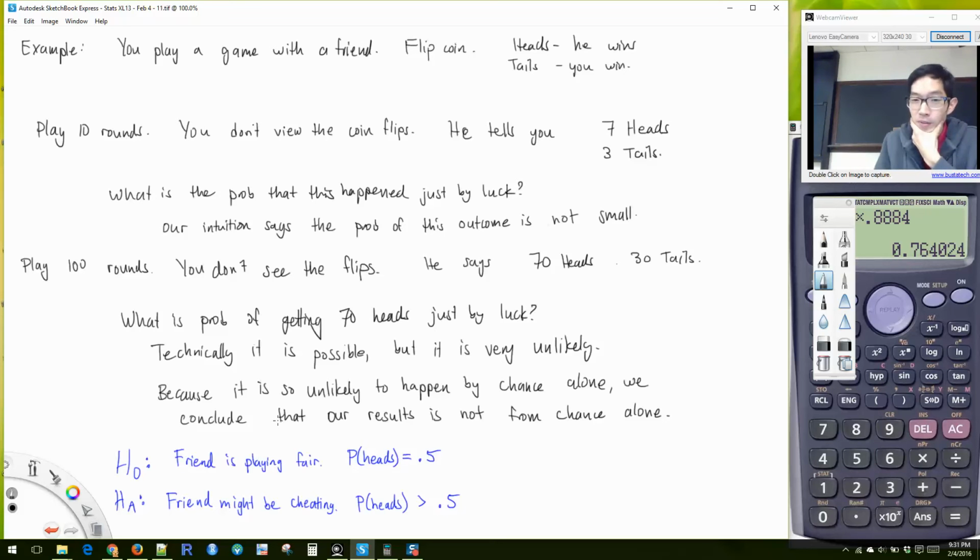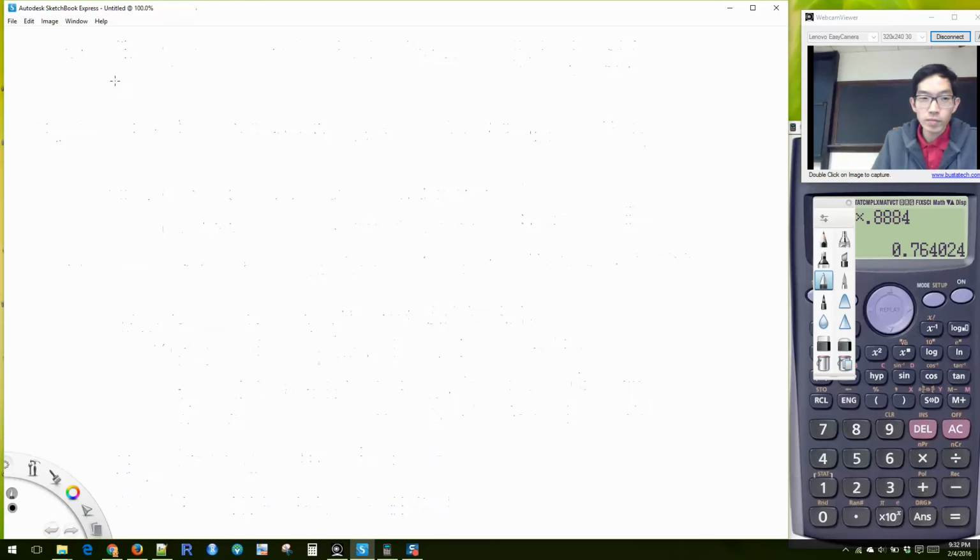And so when we're asking this question, what is the probability that this happened just by luck, or what is the probability of getting 70 heads just by luck? The answer to this question, what is the probability of getting our data just by luck, or just while we assume the null hypothesis is true, that is the definition of our p-value. Okay? So I will say our p-value,